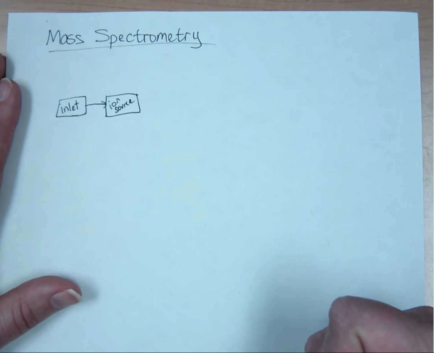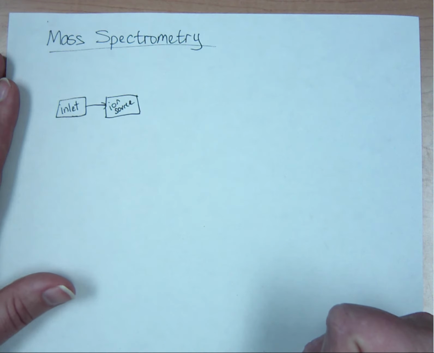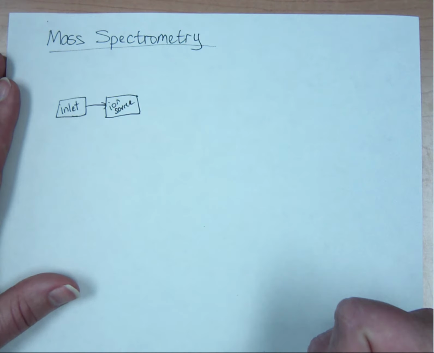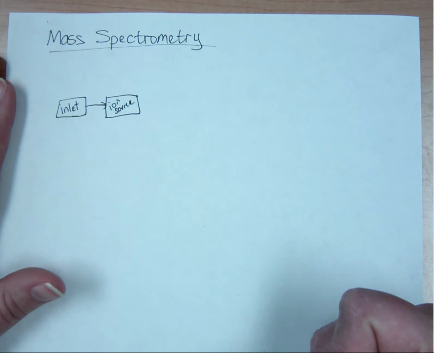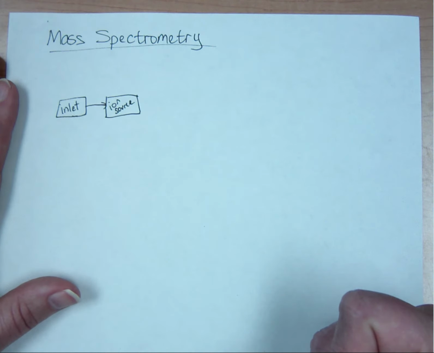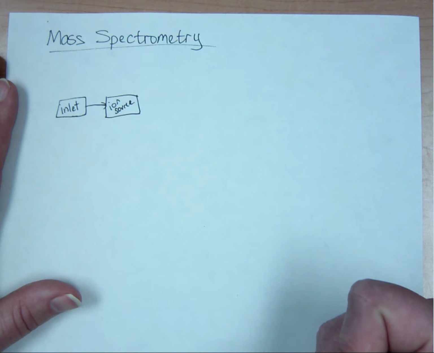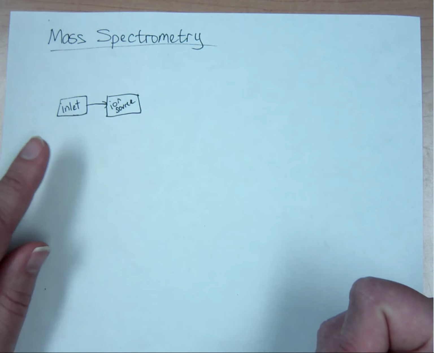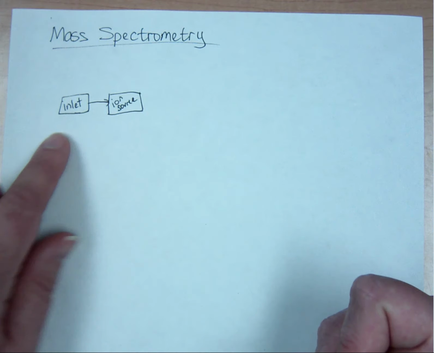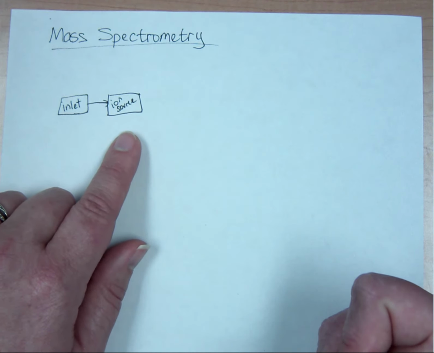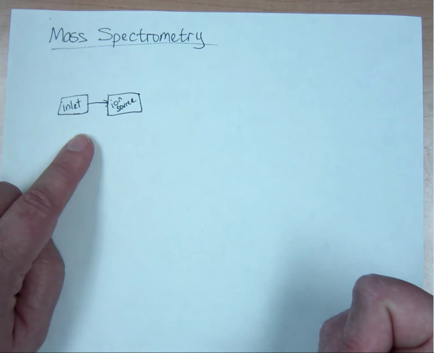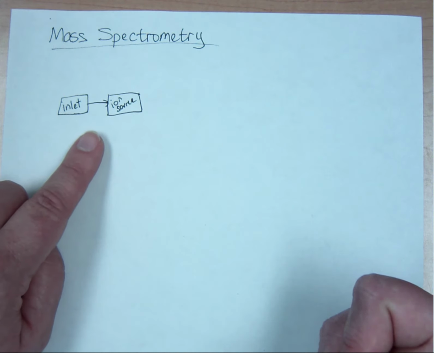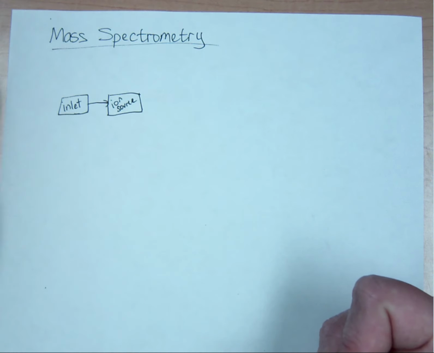Now, sometimes the inlet and the ion source are merged together, but the inlet is going to merge with, if there's some kind of previous instrumentation, such as a chromatography technique or perhaps an ICP, that inlet might be different depending on each kind of merging with your previous analyses. Okay, so the inlet's going to get us into the gas phase. Our ion source is going to ionize the sample, and again, these two could be combined to where you're taking something and getting it in the gas phase and ionizing it at the same time,